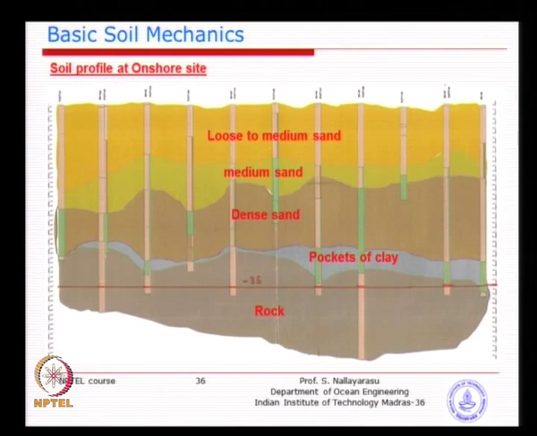Similarly, if you look at another site, an onshore site, you can see here some places the pockets of clay are larger in thickness, in some places it is not even there, some places very thin. So, you can see here this blue color, the pockets of clay is sedimentary in nature, probably happened several years back, and deposition of sandy material on top. This is very close to Ennore port, one of the new ports that is being planned to construct.